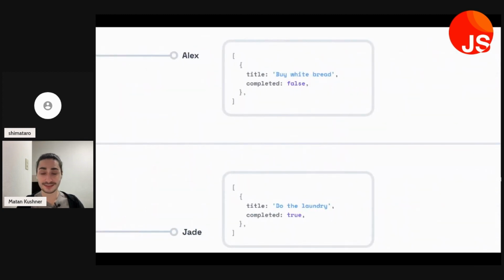So at the end, Alex now has Jade's initial to-do item, and Jade has Alex's completed to-do item. They are fully diverged. Both have completely different states. And in the future, operations can just make this worse. It's very hard to recover from a situation like this, because now they're working on different assumptions of the application state. This is the worst situation for a collaborative tool, right? So what can we do to prevent divergence when designing a real-time application?